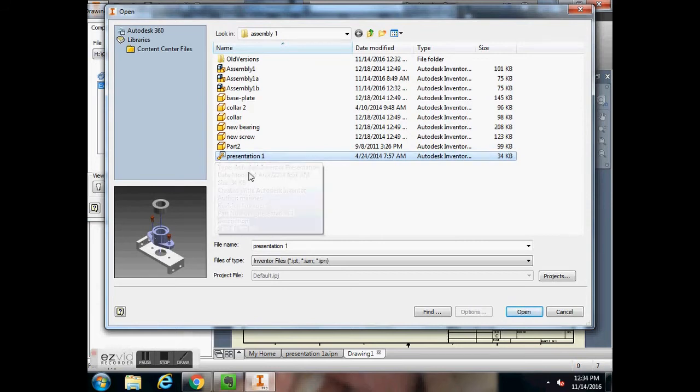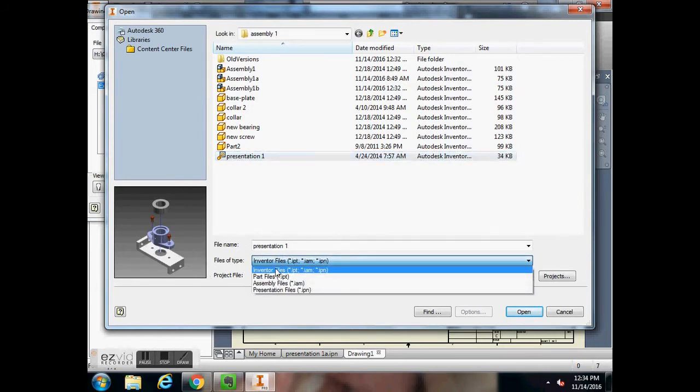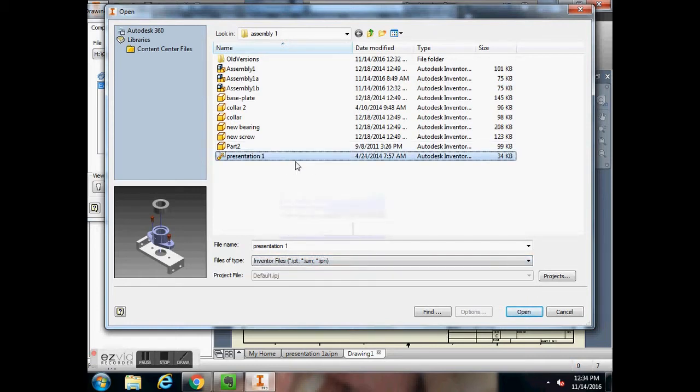Once you find presentation 1, if you can't find it down here in the file type, make sure that this pull down menu says inventor files, IPT, IAM, IPN, and you should see it. You'll hit the open button,